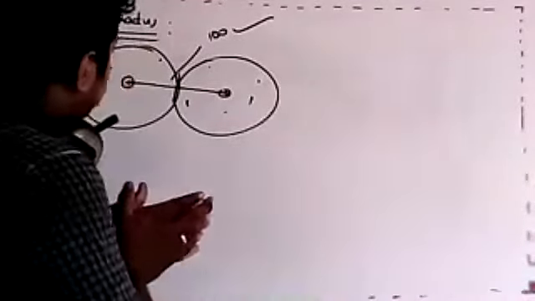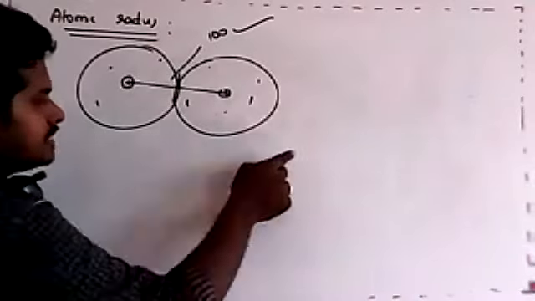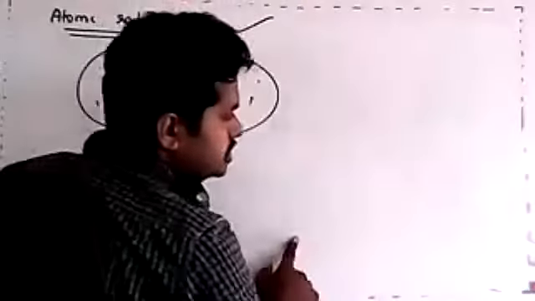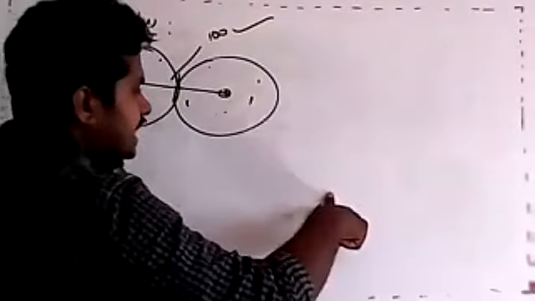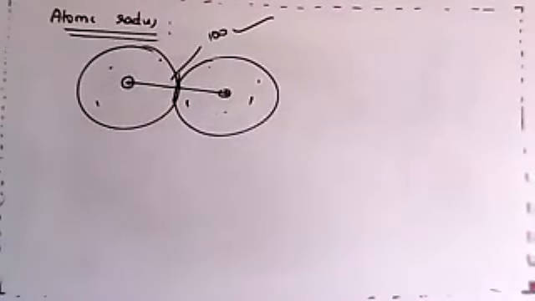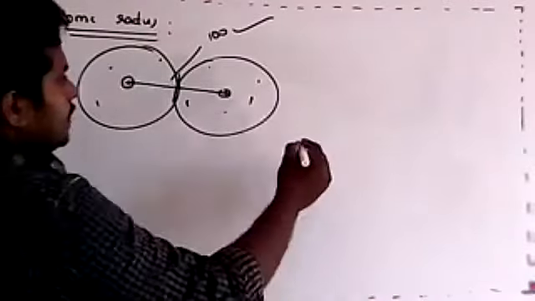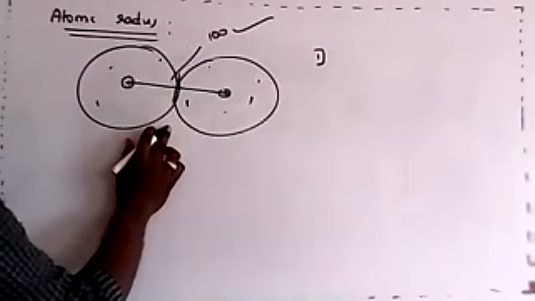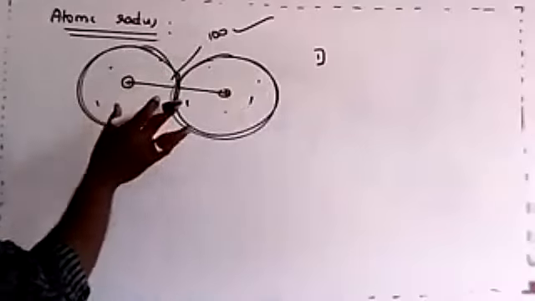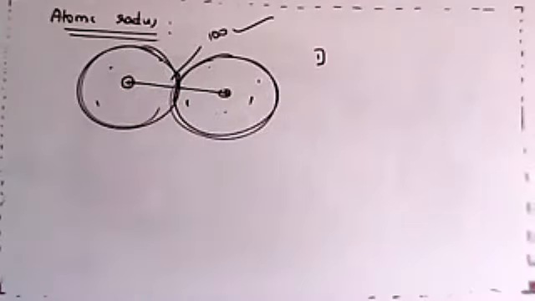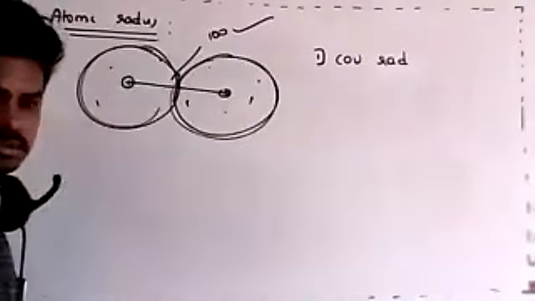So by this way, dear students, we can find the atomic radius not by knowing the distance between the nucleus and the electron, because the electron is continuously changing its position, but by fixing the position of a nucleus and combining with one more atom. Therefore, this type of measurement requires a bond. Based on the bond that is formed, we call that radius by a different name. For example, if this atom is combined with a covalent bond, the radius is called a covalent radius. Got it, my dear students?